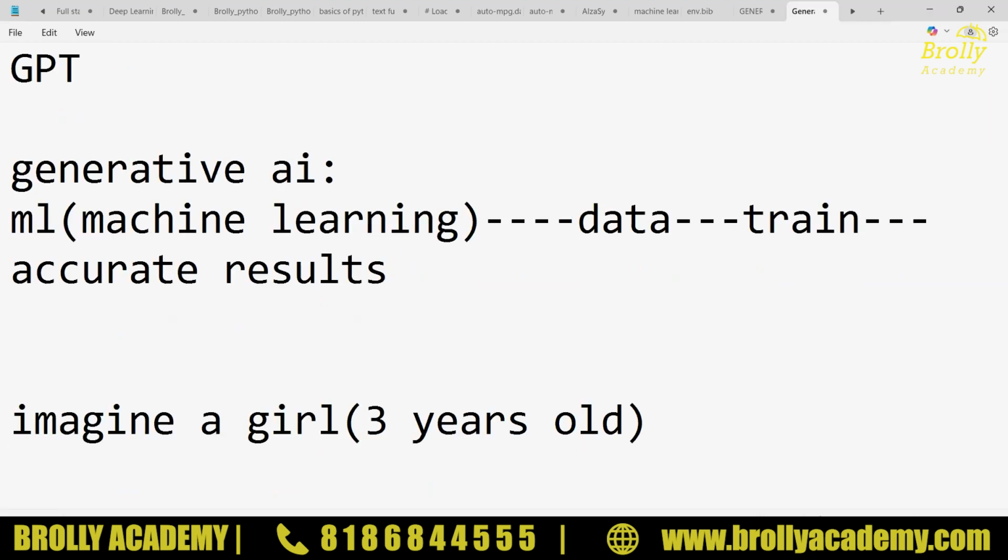That is the best example of ML. We have some data, we feed the data to our particular model, so that it is trained. For example, if you come to my child and ask, what is your name, she will respond with her name, because I fed the data to that particular girl.